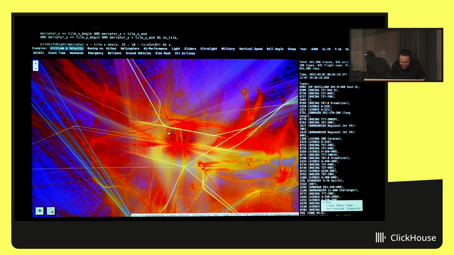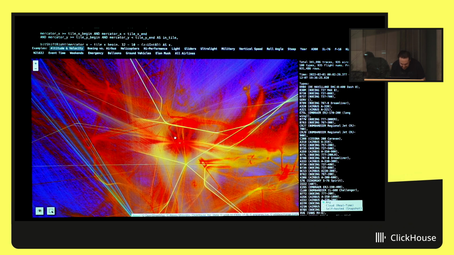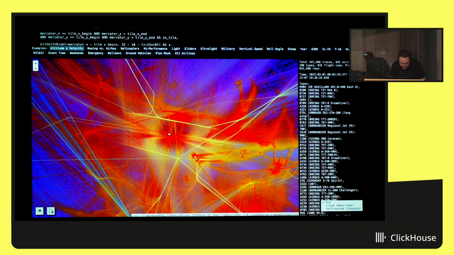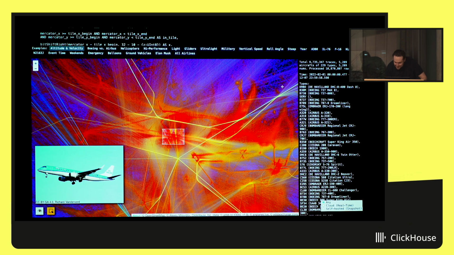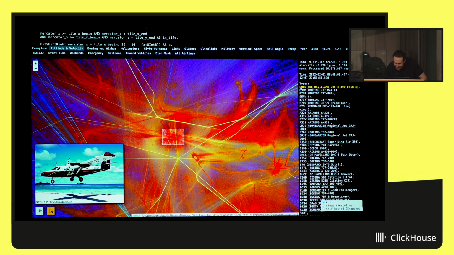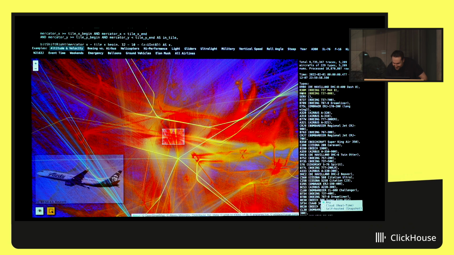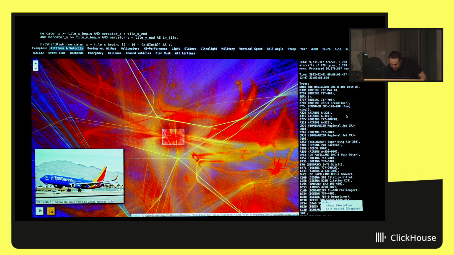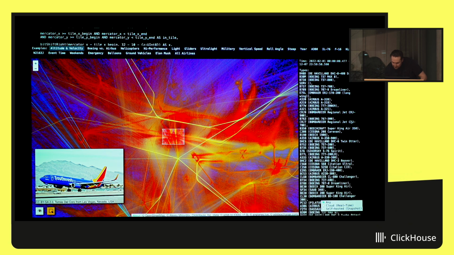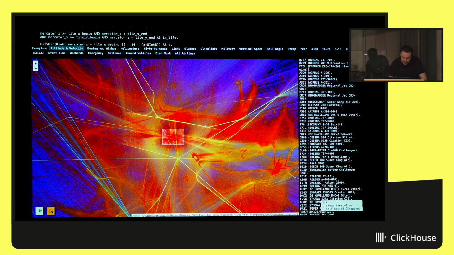I can even select something, and it will generate a report in real time about this data. Like I can check which airplanes were the most popular, and I can filter by these airplanes. Is that sorted by popularity? Yeah, by popularity for this specific area, this specific airport.